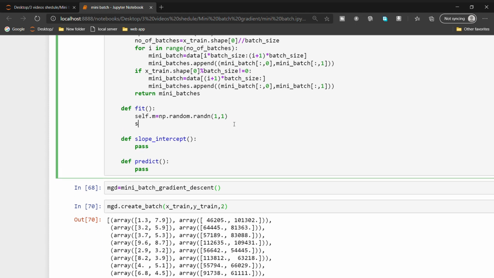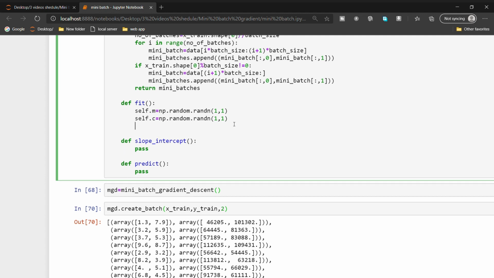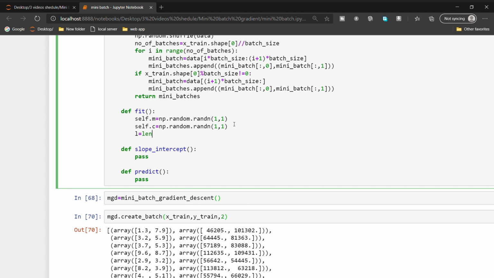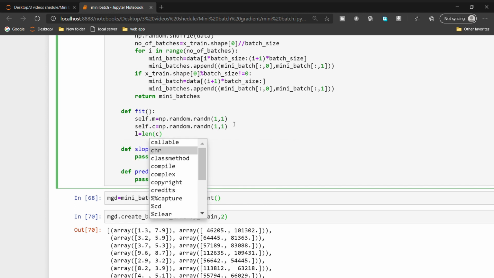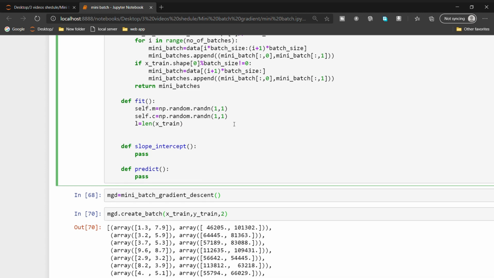Okay, next thing is I'm initializing the intercept also. self dot c equal to np dot random dot random 1 comma 1. Okay, we initialized the m and c values. Now I am taking the length of x train also. Maybe this is helpful further on. Okay, next I'm opening the first for loop.